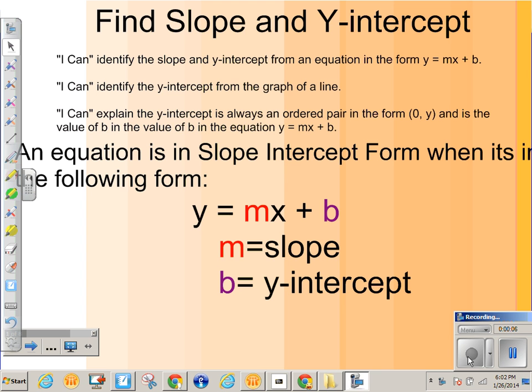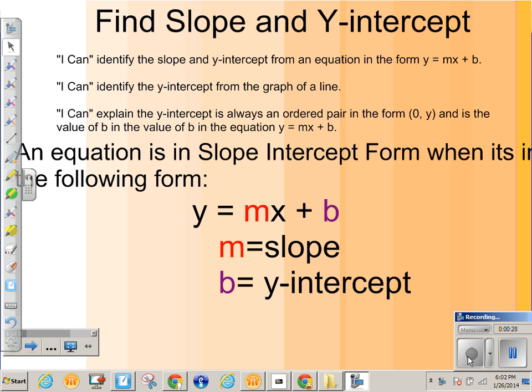Here are our I can statements for the day. I can identify the slope and y-intercept from an equation in the form y equals mx plus b. Also, I can identify the y-intercept from the graph of a line. And last but not least, I can explain the y-intercept is always an ordered pair in the form 0, comma,